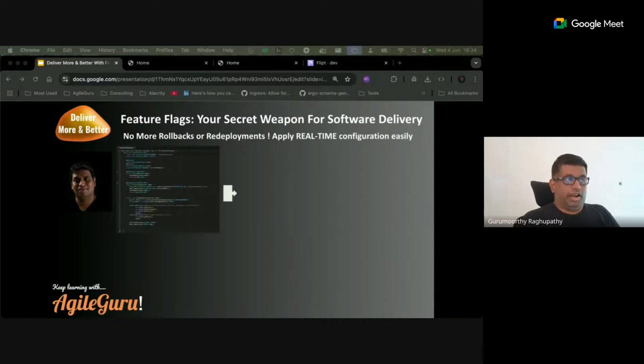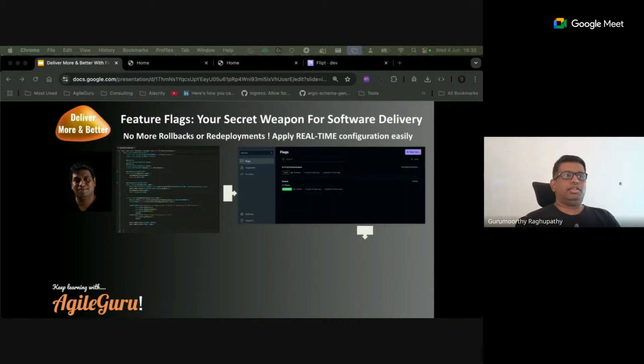Let's assume you write some code and you want to deploy it. Now there will be lots of tasks or features which may override each other, or you want to deliver them at the same time, but some may be ready and some may not be ready. What you really want is a mechanism to either configure them or turn them on or off based on some criteria, which may be environment specific or some other specifications. With this